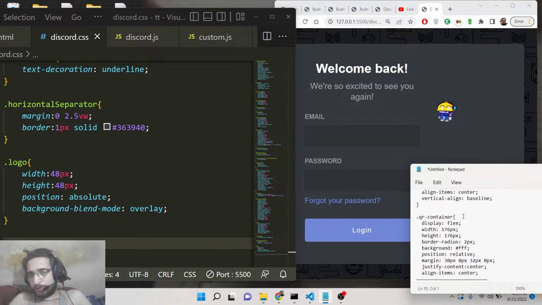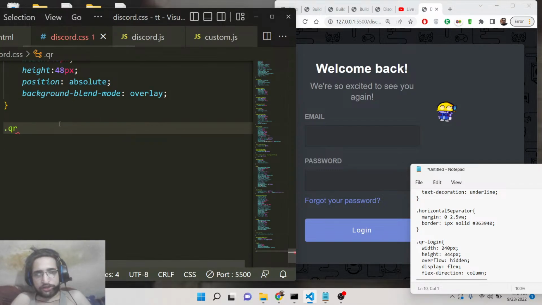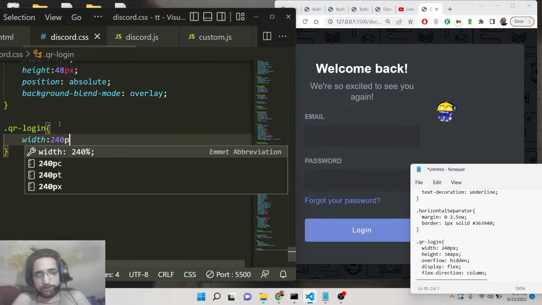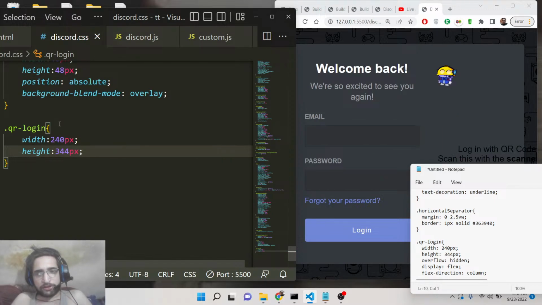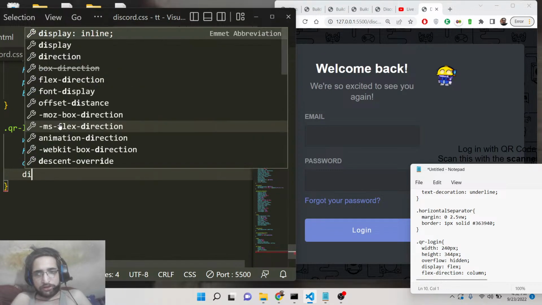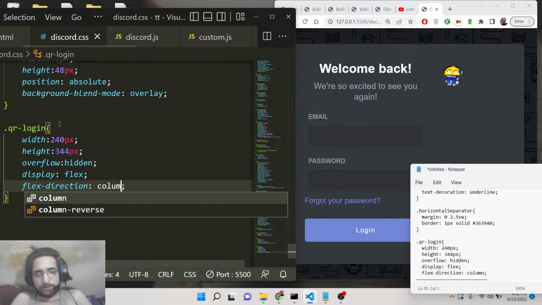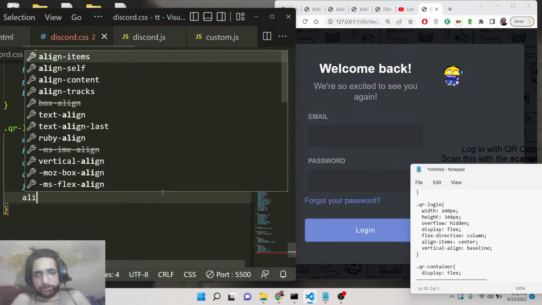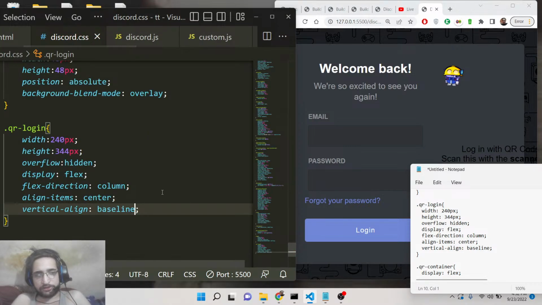So then guys we will be styling the QR login class. We have given QR login. Basically here the QR code will be shown. So width will be 240 pixel and height will be around 344 pixel, and overflow is hidden. Display is flex. Flex direction will be around column, and align items will be center, vertically align will be baseline,